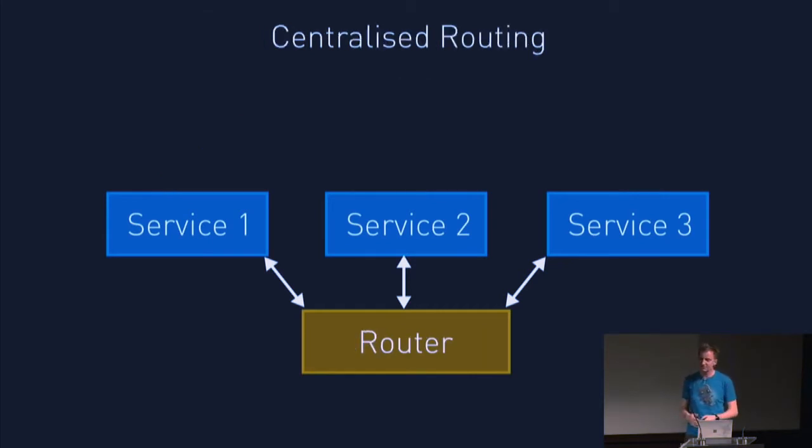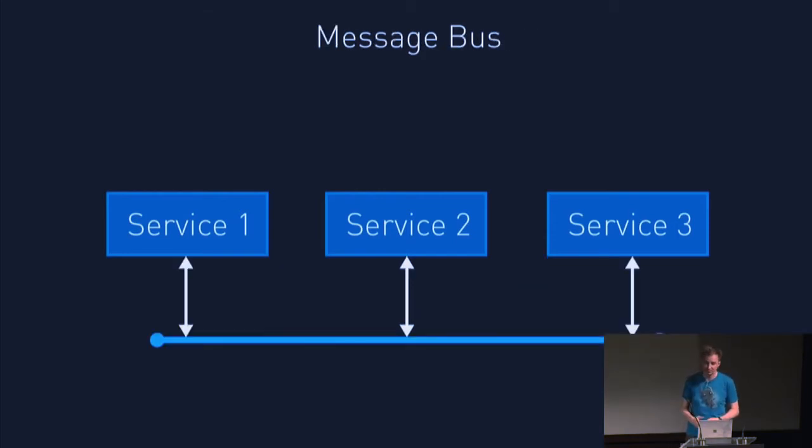The next step you can do is centralized routing, where all the services talk to a central routing server, a process, or even a router, but don't know about each other. And this could just be using DNS properly in some cases. But here you have a lot less configuration and a lot less state, which is very useful. But this is really along the road to the final one, which is the message bus. And this is what I'm going to talk more about today.